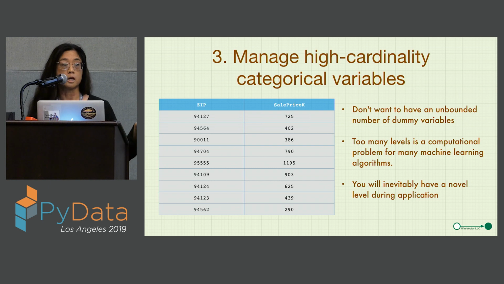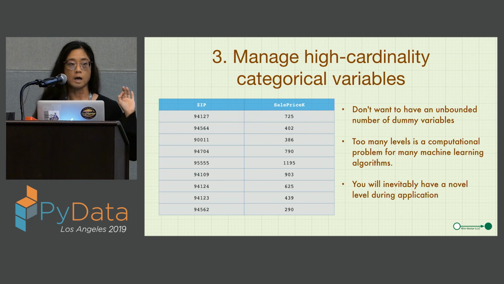So let's imagine that you are trying to build a model to predict home sale price for houses in California. And one of the features that you want to use is the zip code of the house. So even if you're just looking at California and not the rest of the country, just from this one feature, zip code, you can potentially have almost 3,000 variables. And that's before even considering any of the other variables that you're looking at.